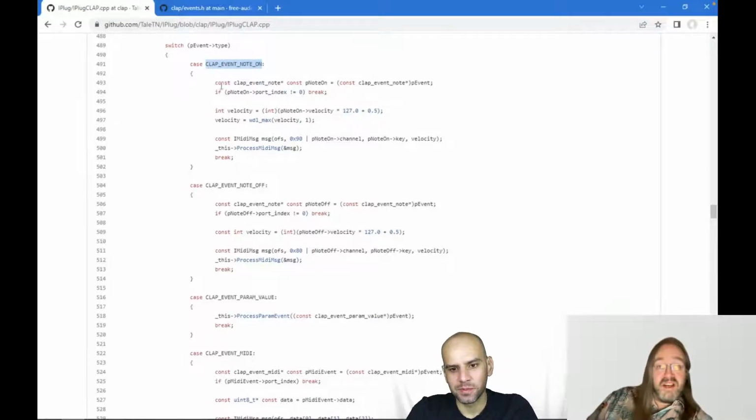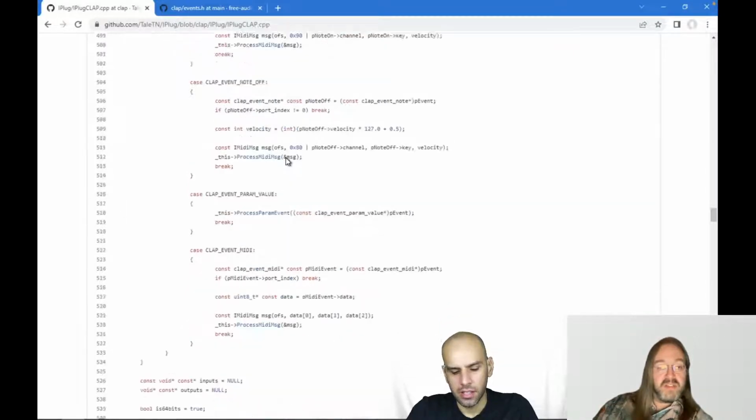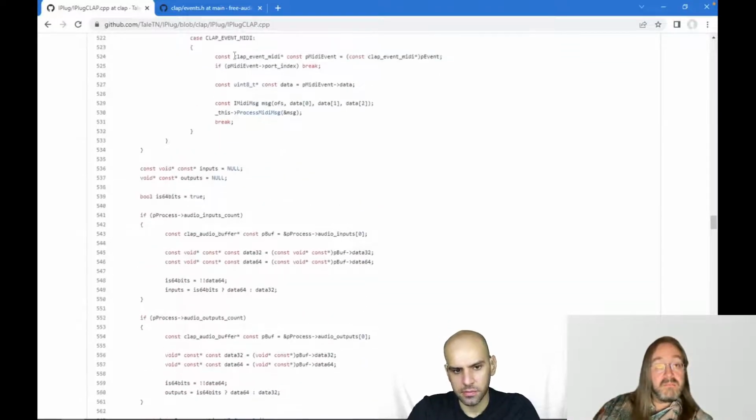So that's nice, I guess. But of course, my iPlug doesn't support it. So all I'm doing here is calculating back to a byte and sending that to my iPlug. And of course, there's normal MIDI here. Oh, I see. That's not just note-ons, of course. That's also pitch bend and control changes and everything.